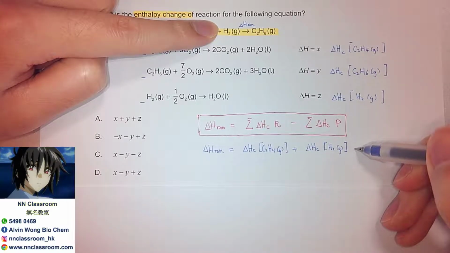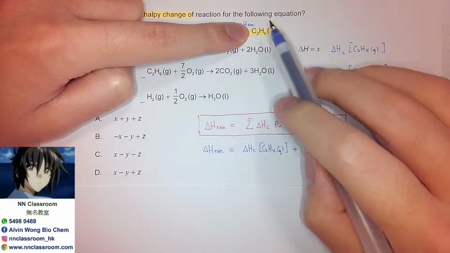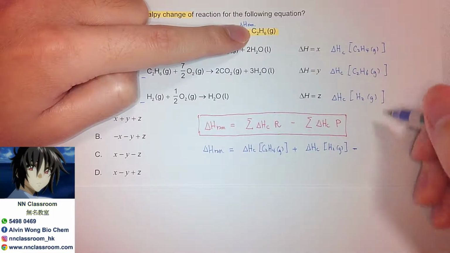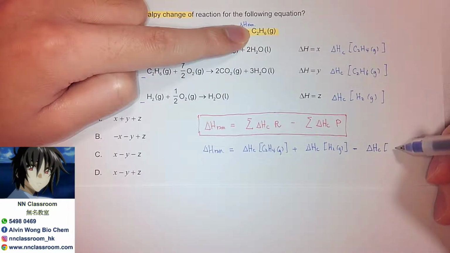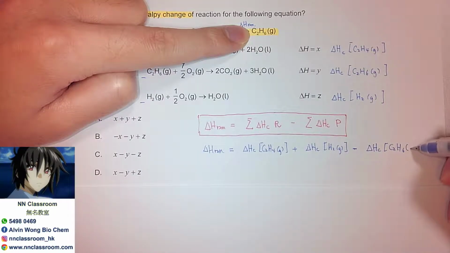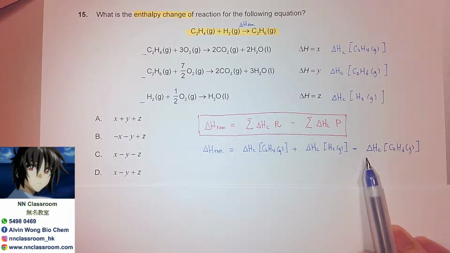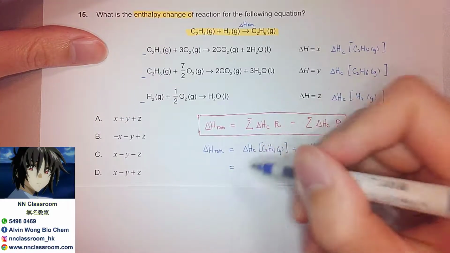And then this will be the sum of the combustion of reactant. Then subtract the sum of the combustion of product. So this time our product only goes to C2H6 as the product of this reaction. So that's why that will be the delta HC of the product, C2H6G, right? So that's simple. So eventually, after we establish this equation or this application of the Hess's law, then we can simply find back